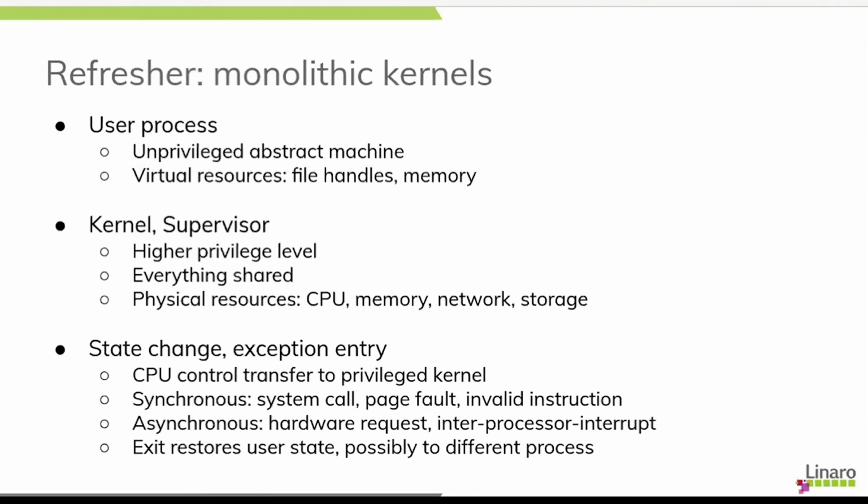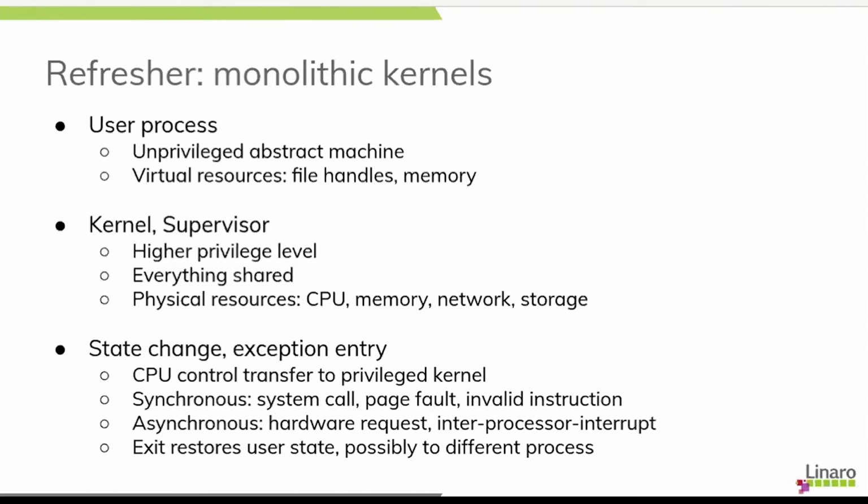So in an operating system like Linux, we have user processes that are strictly isolated from one another, and they each have their own address space and their own resources that are all virtualized. And then we have the kernel, which has everything shared. So everything the kernel does on its own is shared no matter what process you are running on. So the kernel has the same view of memory, whatever process is running, and it can see its own memory, and it can see the user's memory, but the user cannot see the